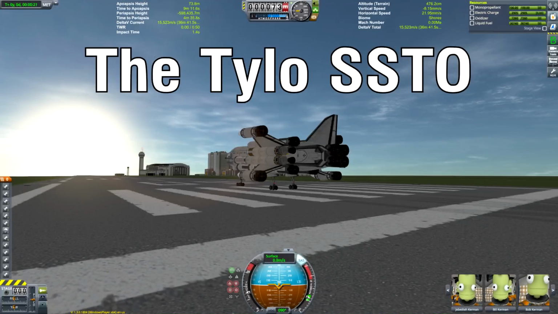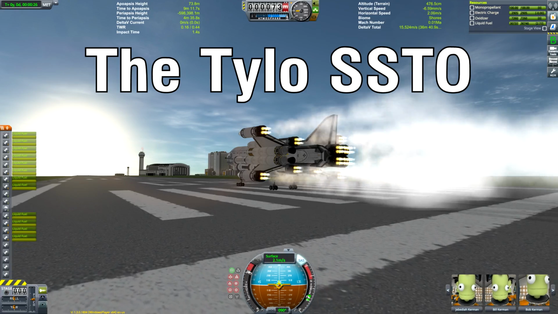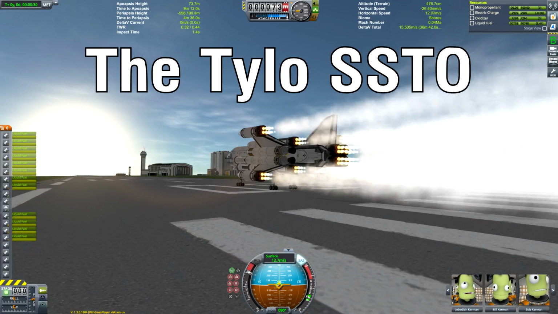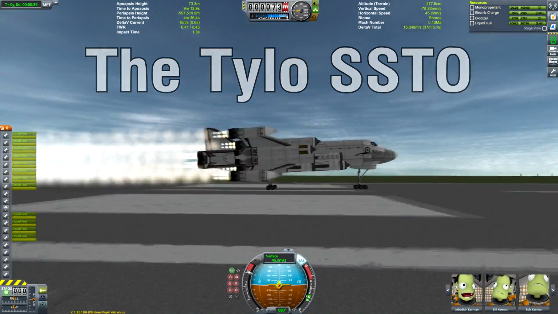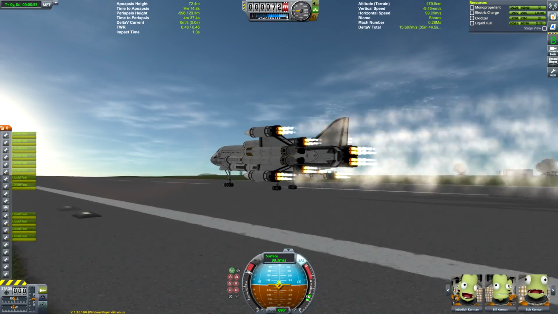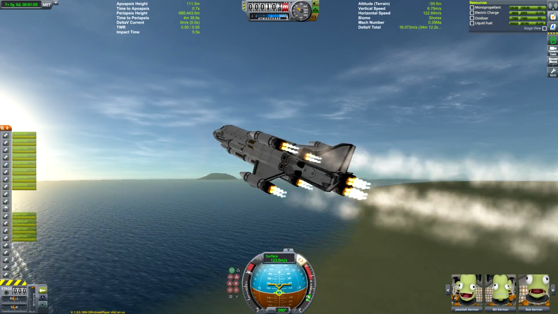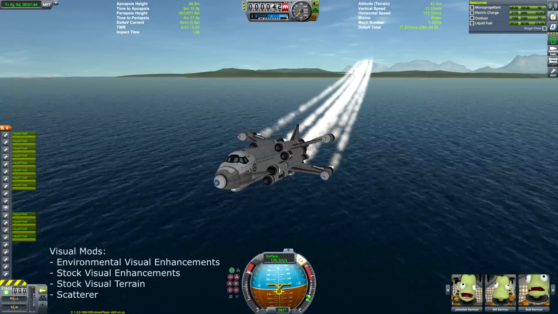Hello everyone and welcome to this brand new SSTO video, which it's very exciting to be back behind the wheel of a space plane. It's been a little while since I've made one of these things, so what better way to celebrate a return to form than with this mission here, which I'm surprised is not something that people do a lot, and that is of course sending an SSTO to Tylo's surface, planting a flag and returning